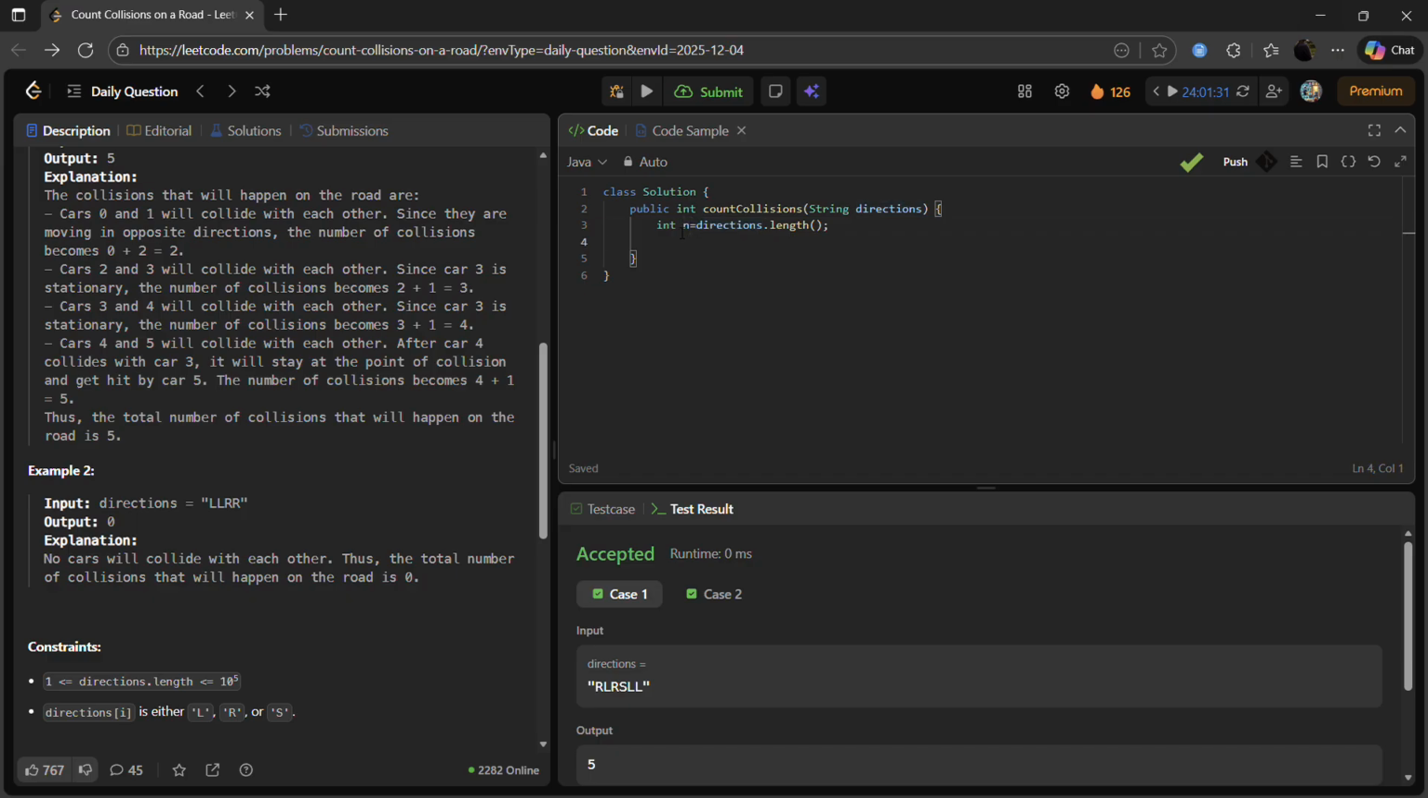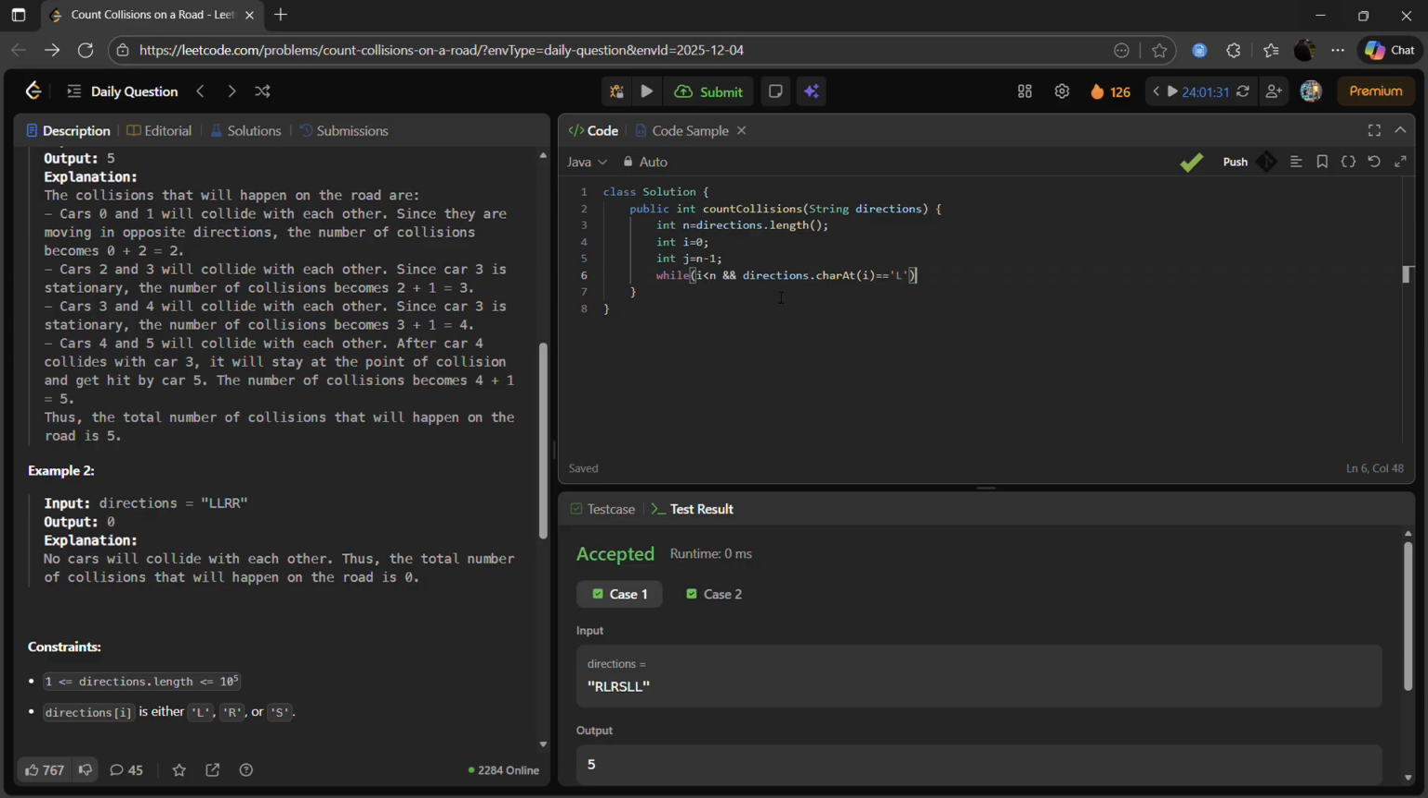Let's have this separately. Okay, then int i is equal to 0 and int j is equal to n minus 1. Now what we have is the two endpoints of the given string. After that, while i is lesser than n and directions.charAt(i) equals 'L',